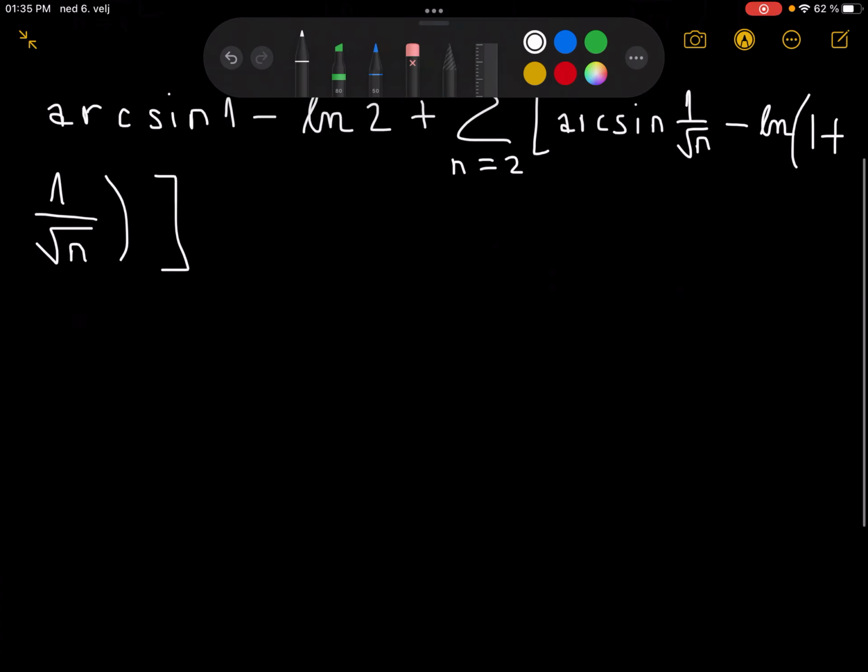So the first part right here, arc sine of 1 is equal to pi over 2,